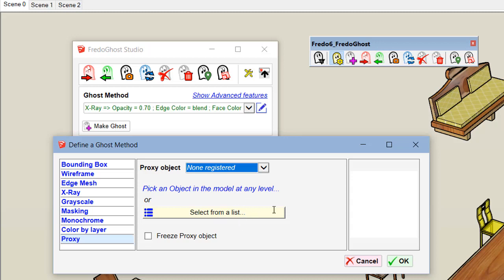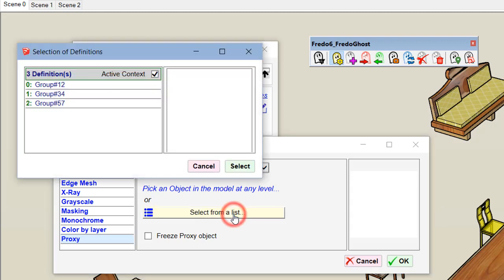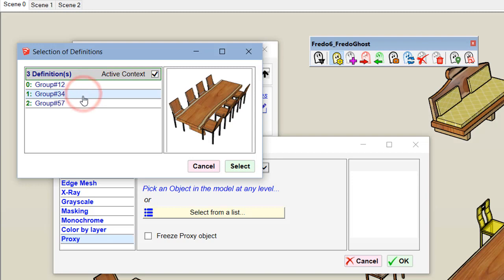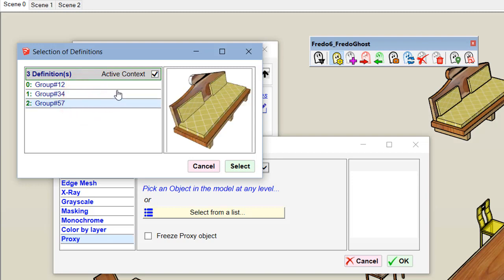So when you first install FredoGhost, you have no registered object. You have two ways to pick an object. One is you can select it from a list. So it takes the list of objects which are at the active context level.